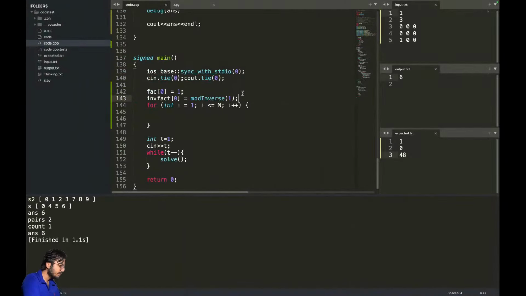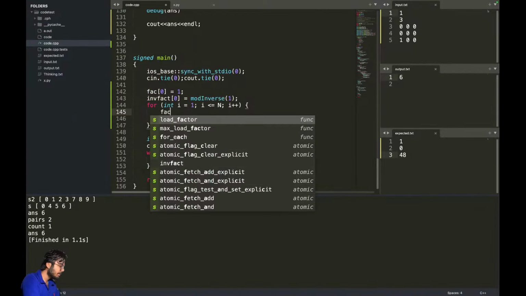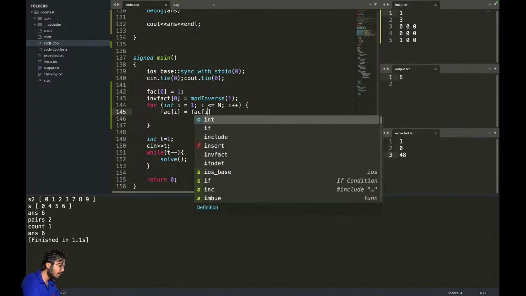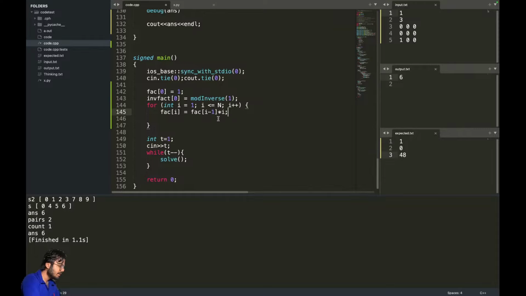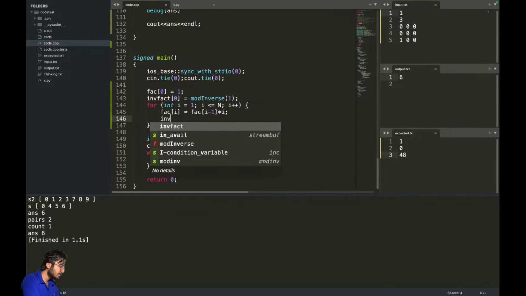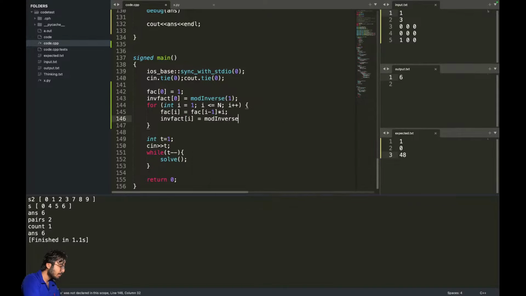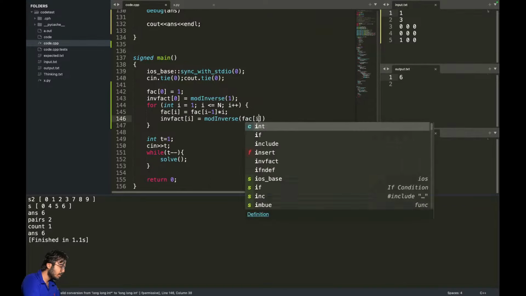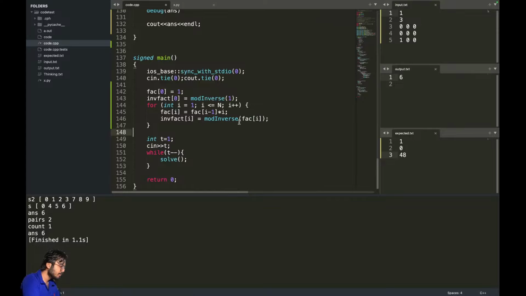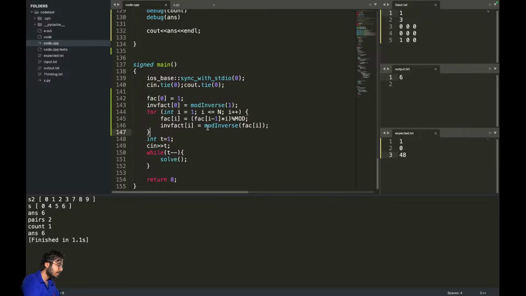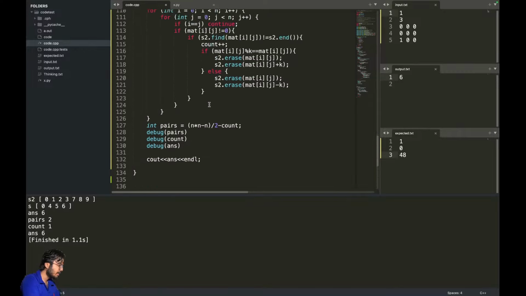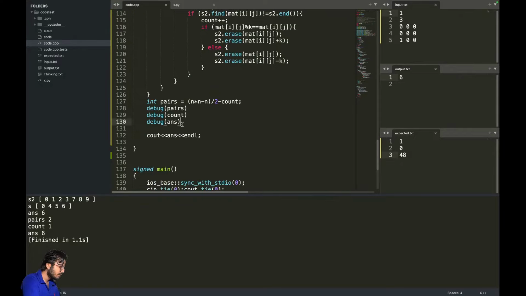Okay, so factorial I is equals to factorial I minus 1 times I, and then inverse factorial of I is equals to mod inverse of factorial I, and I should take modulus here, right? So this is the factorial. I have calculated all the factorials, so my answer will be equals to answer times,